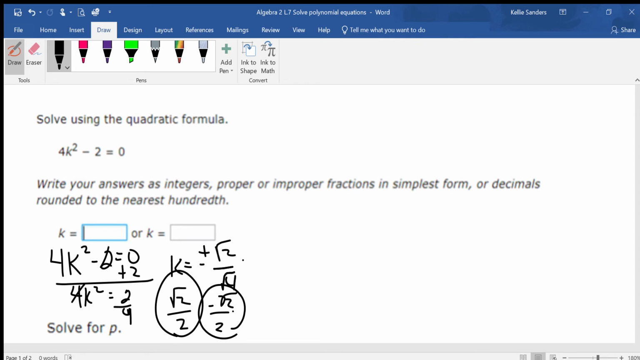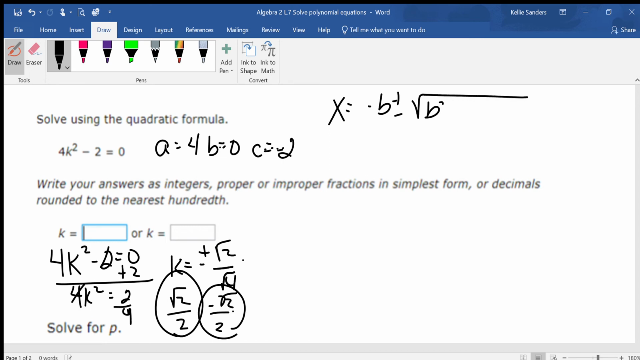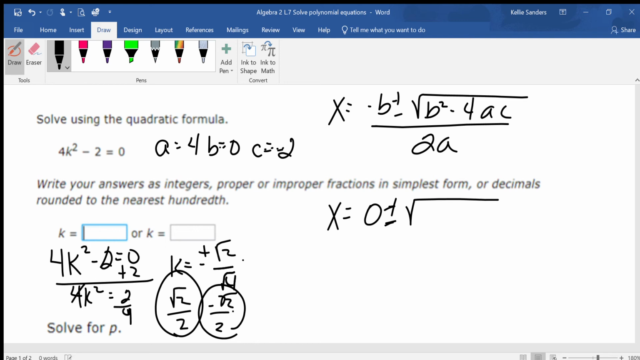If we use the quadratic formula, we need an A, which is 4, a B, which is 0, and a C, which is negative 2. X equals opposite B plus or minus square root B squared minus 4AC all over 2A. X equals the opposite of B. If B is 0 and take the opposite of it, it's still going to be 0 plus or minus square root B squared, which is 0, because 0 times 0 is 0, minus 4AC all over 2 times A,